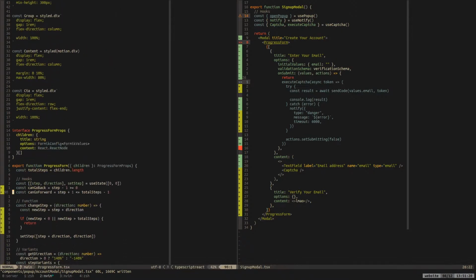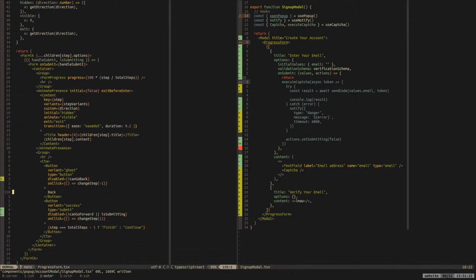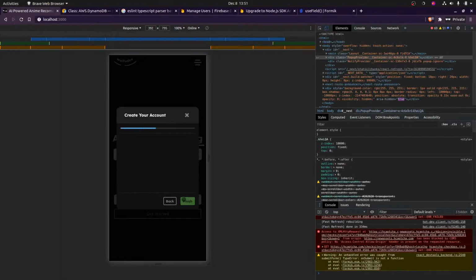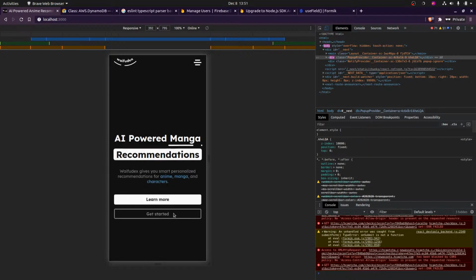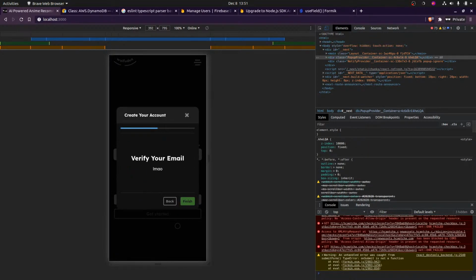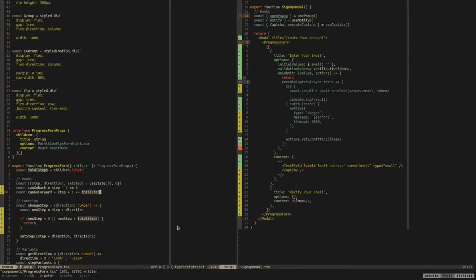Okay, that's what I thought. That means, yeah, this'll break. Oh no. Hold on. If step plus 1 is, and we only have 2, so plus 1.